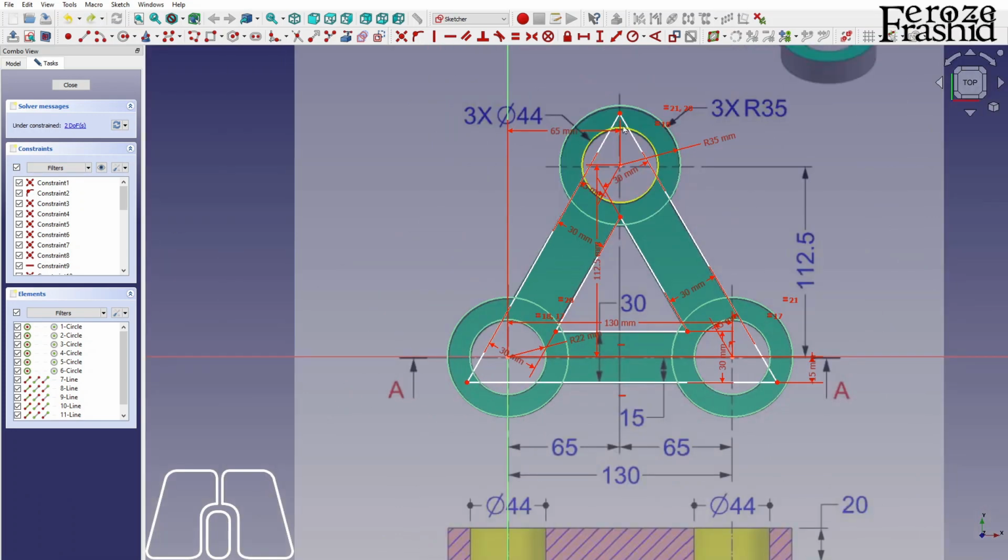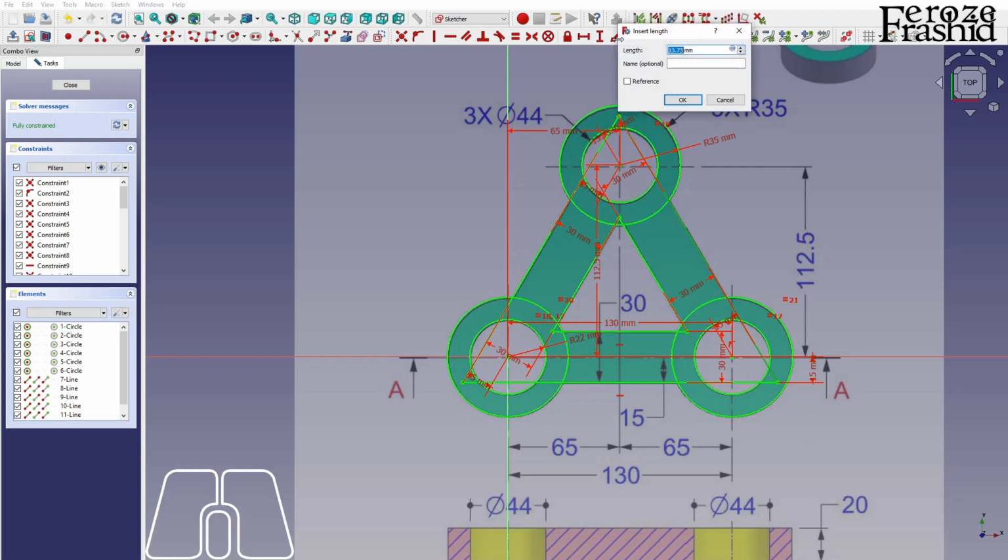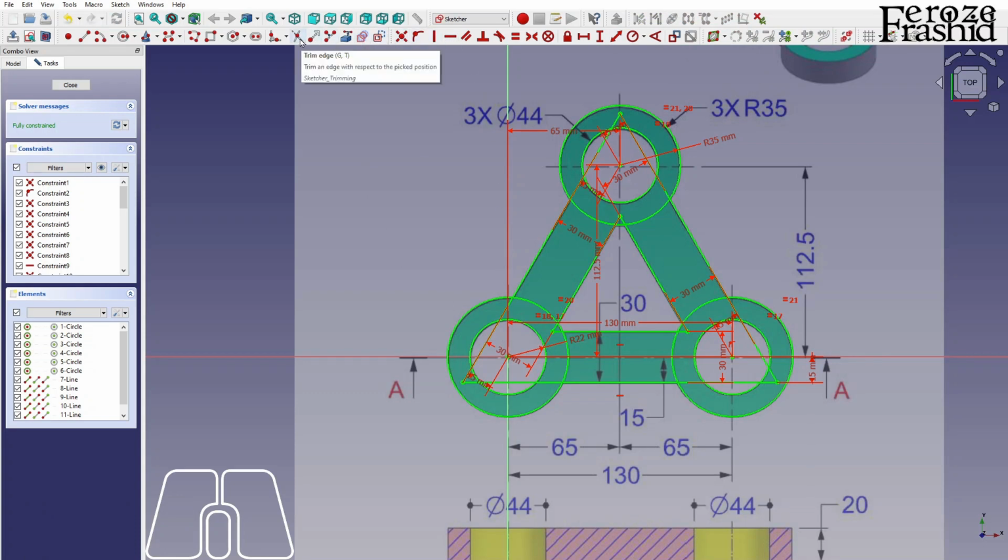Alright, we have 2 degrees of freedom, and those two are this height. So from this point to this line is 15. Does that do any good? Okay, it did some good. Now what else? This point. I guess we can fix this point here. Make that 15. Okay. And now I am going to use the trim tool, this trim edge,